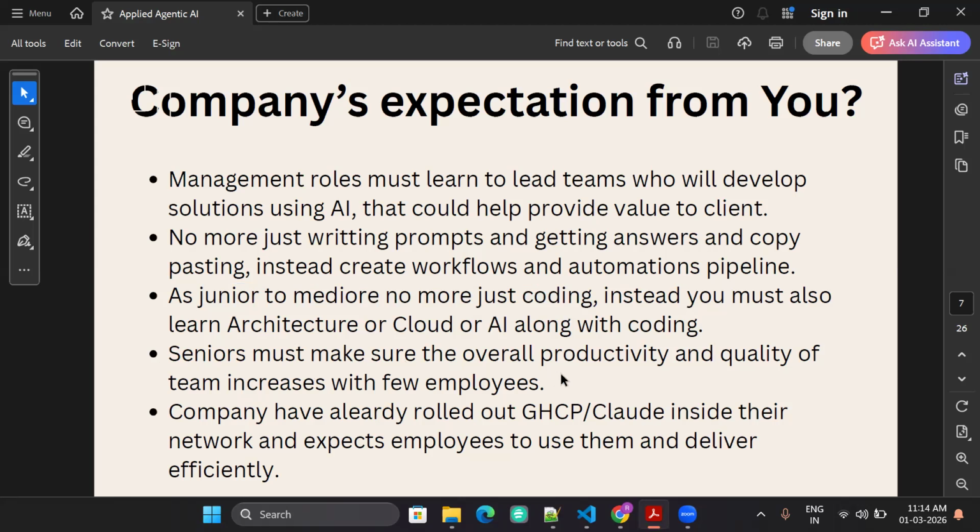Similarly, seniors who are currently in the senior role will again be asked to come up with ideas to increase the revenue of the company, increase the productivity of the company, and maybe come up with some innovative ideas or products or solutions and do multi-skill work.